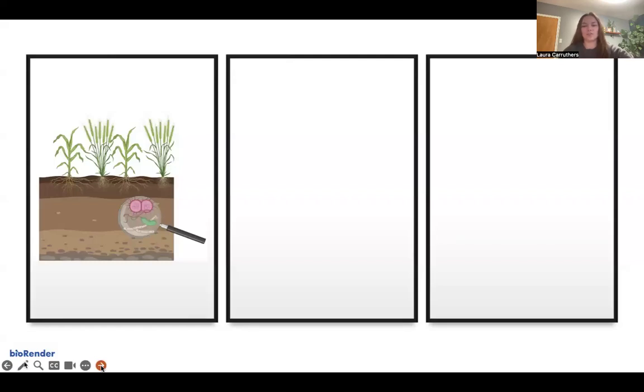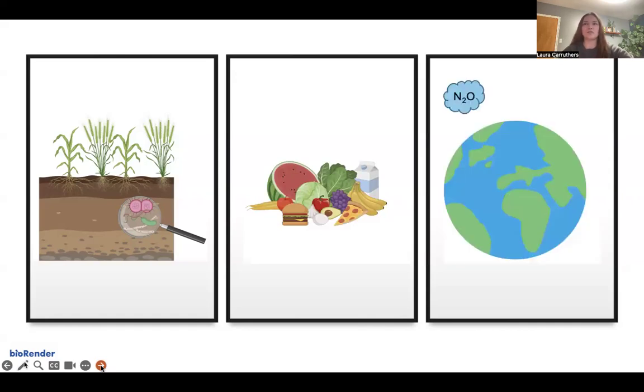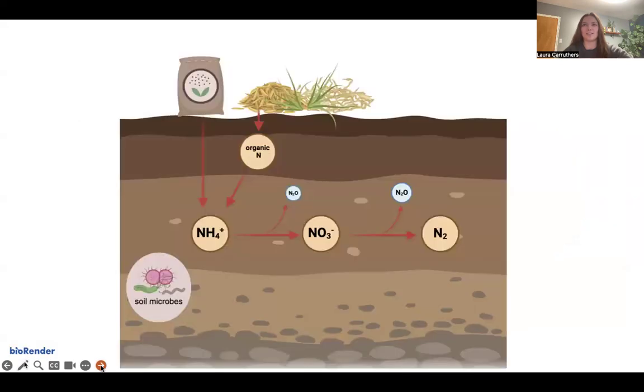Soils play a critical role in sustaining life on Earth. They are rich ecosystems where diverse microorganisms cycle nutrients to support plant growth. This is why soils are the foundation of food production. But soils also contribute to climate change. Agricultural soils are the largest source of nitrous oxide emissions in Canada. Nitrous oxide, or N2O, is a greenhouse gas that is 298 times more potent than carbon dioxide.